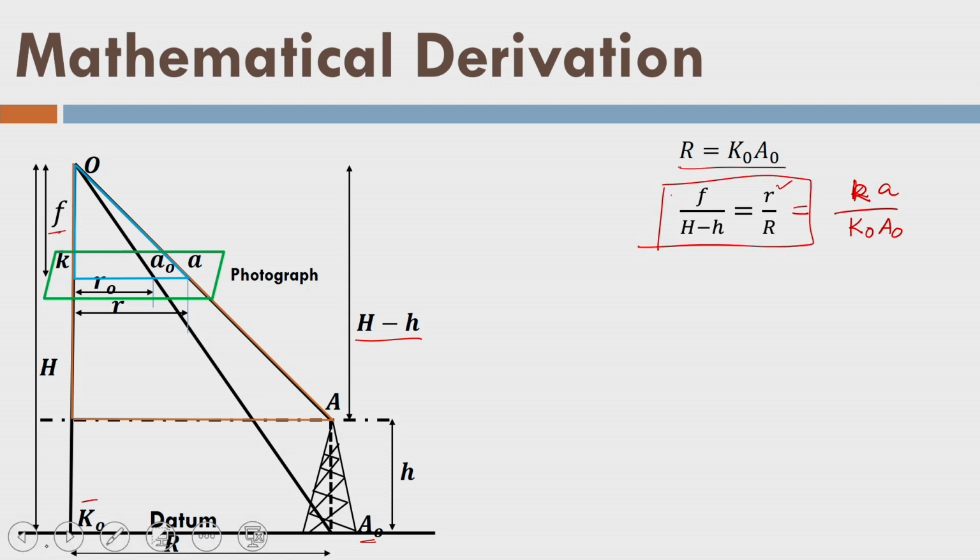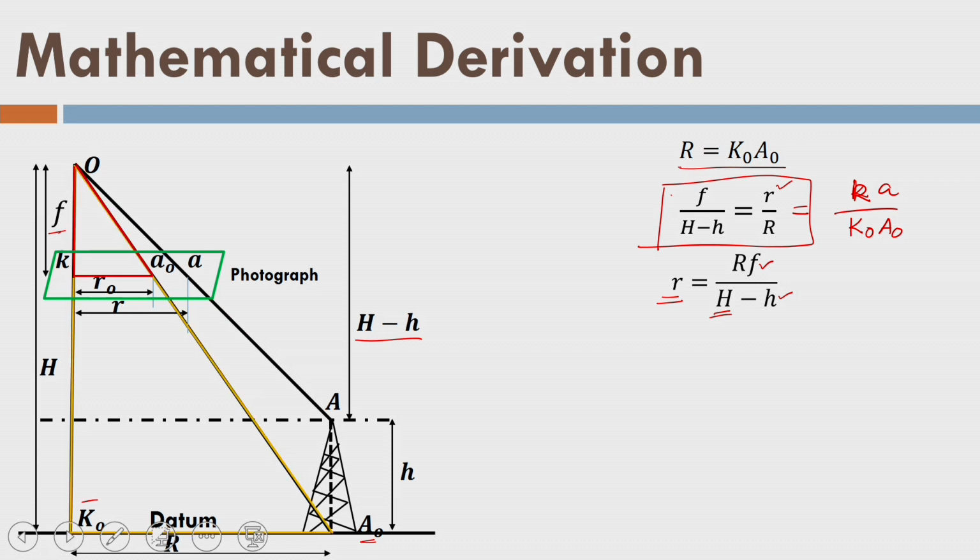Okay. So, now I can write that the radial distance R of point A from the principal point is equal to this much, R = f into (H minus h) upon... You see, the focal length I know, the flying height. Let us say that I know the height of the point A above the datum, or above the ground surface also. Above the ground surface means I am fixing my datum at a certain point on the ground surface, that is the meaning here,